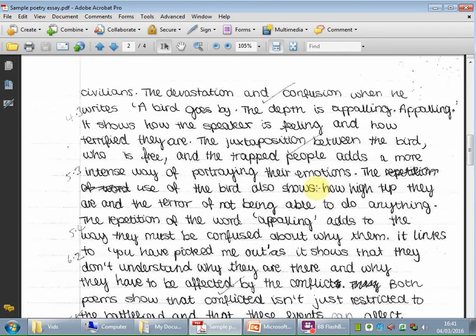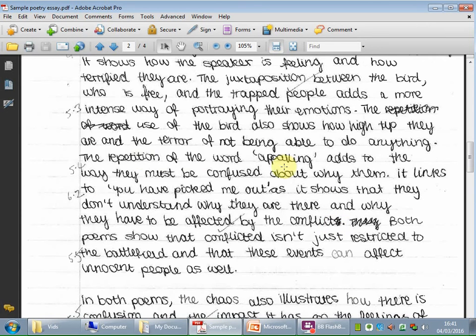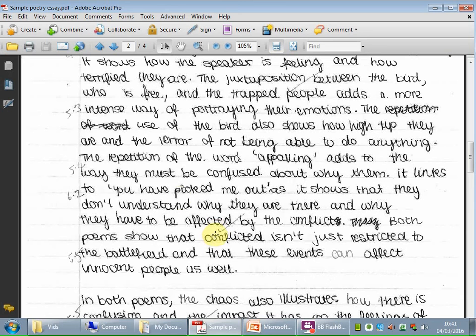And the terror of not being able to do anything. The repetition of the word "appalling", so they found something else from the quote here. Really commenting in great depth on the quotation. Adds to the way they must be confused about why them. See how they've again linked to another quotation, "you have picked me out", which is another quote in the poem, as it shows that they don't understand why they are there and why they have to be